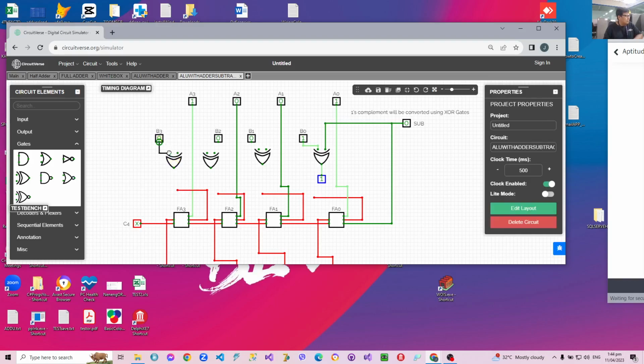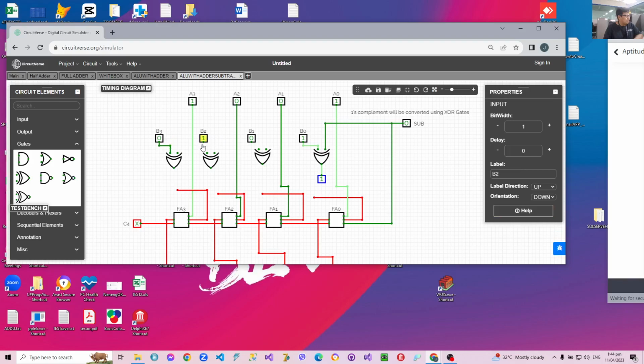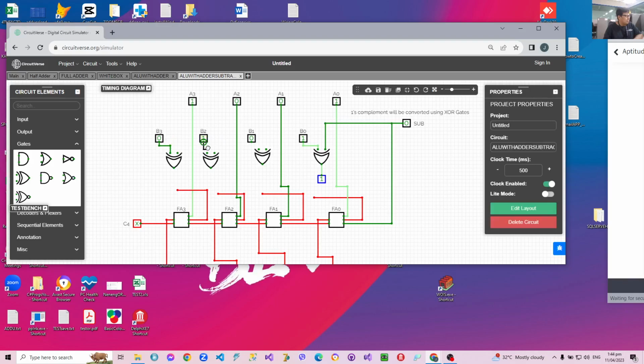We'll connect the first input to B, each one of them. Yes. We also connect to B. Okay. And then all the rest,